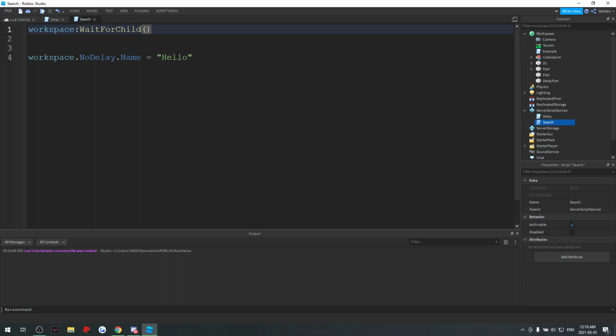yields, which means it pauses the whole script. It'll keep waiting until it's there, keep waiting until whatever. You could make it say, for example,